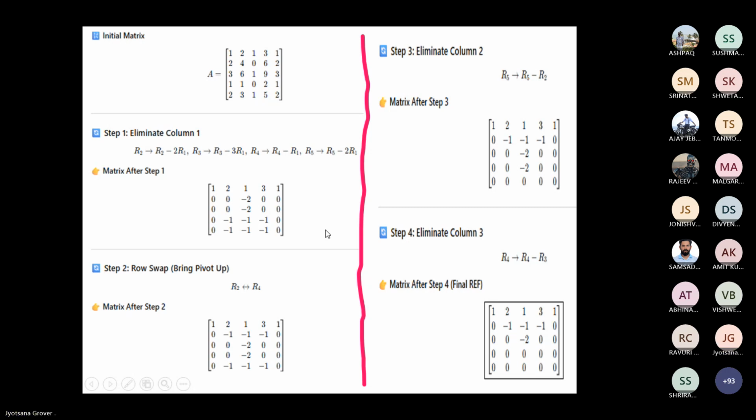Okay. So last time we talked about just basics. Like what is a matrix? How do you add two matrices? How do you multiply two matrices? What is REF? Then also we talked about